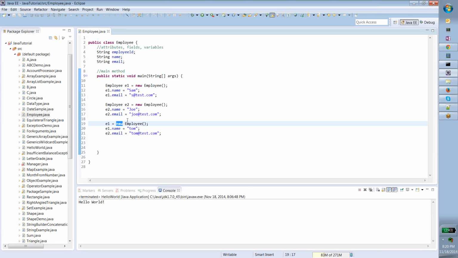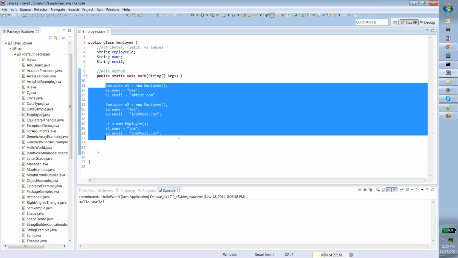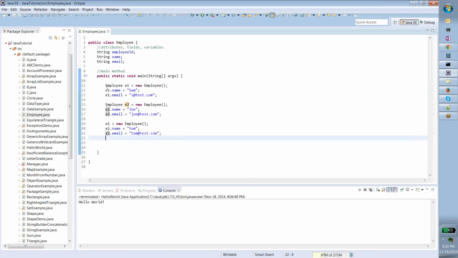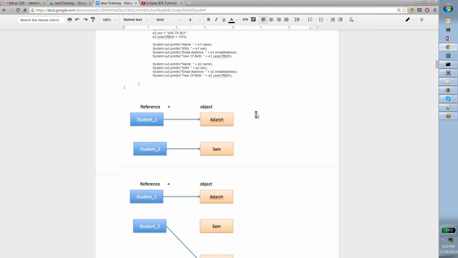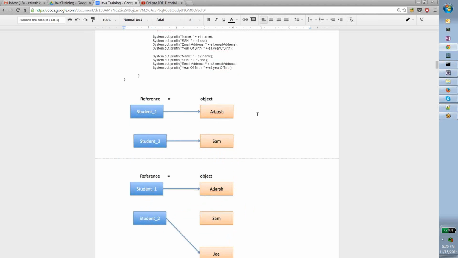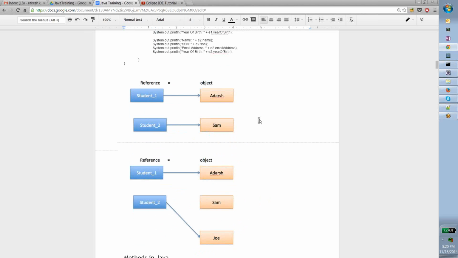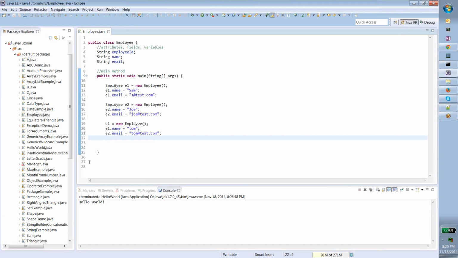Okay, but what is confusing is I'm using the same names here, E1, E2, and I've created 3 objects. What is happening here? Okay, so let's try to understand what this is. So let's assume we are creating student objects, wherein what you see here,